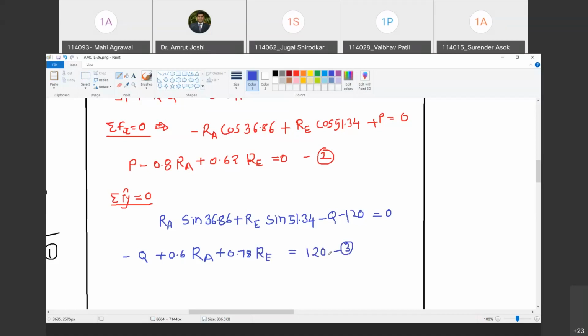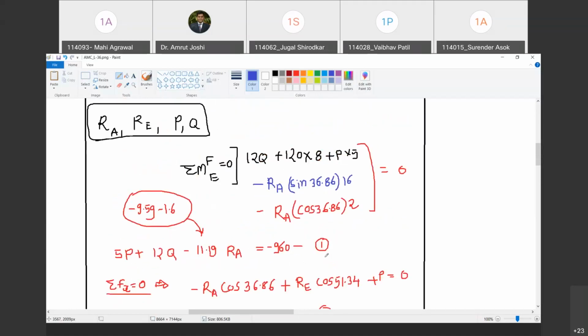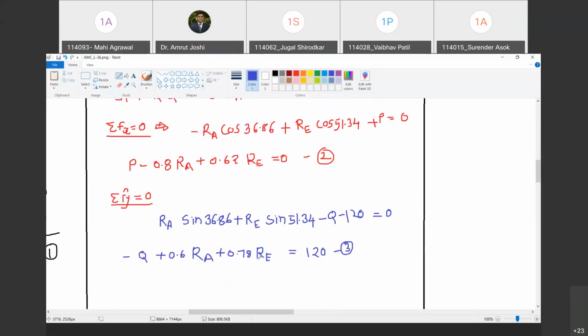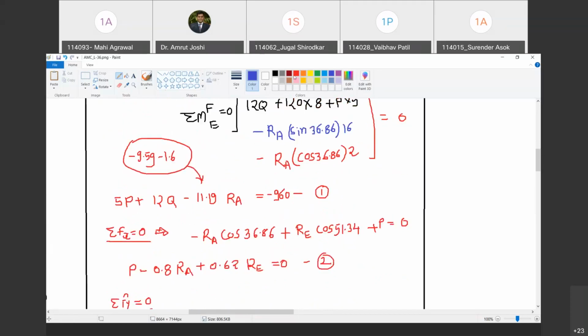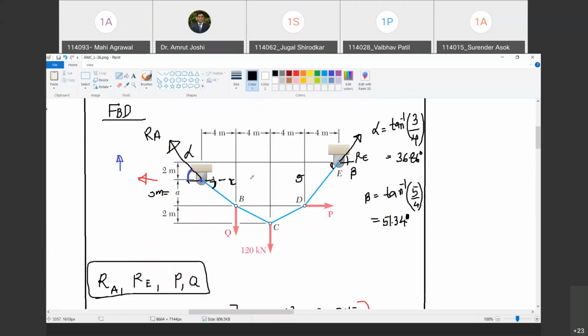So we are now done with 3 equations which are not solvable. Why? Because we have 4 unknowns. These equations are in terms of 4 unknowns. Do you agree with me? Yes, sir. And so now what are we going to do? Now we are going to cast one more equation. And how to cast that equation? Now which is the point about which we have additional information? We have additional information about D. We have additional information about C. We also have additional information about B. Are you with me? We know the y coordinates of all three. Do you agree with me? Yes, sir. So a cut can be made at any one of these three points.